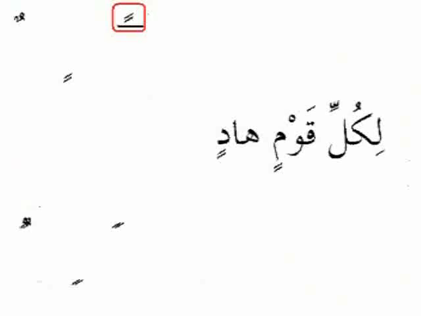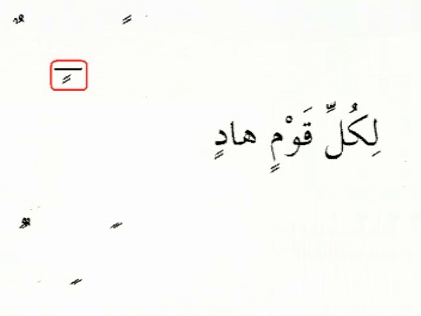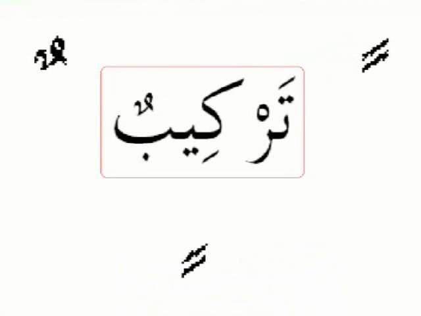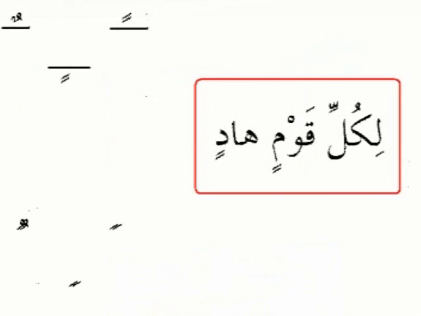Here, the second fatha is placed right on top of the first fatha. Here, the second kasra is placed right below the first kasra. Dhamma also, this is simplified. Dhamma also, two dhammas placed one above the other. This is called at-tarkeeb. At-tarkeeb means one being placed above the other. Now, this signifies